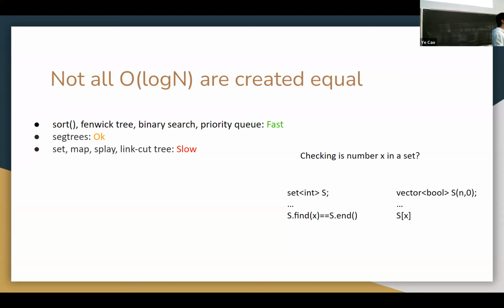So the correct answer is, if x is really sparse, right? There are only a few x, but it spreads over a very large range, use the first approach. But if x are, quote unquote, dense, like there are approximately the same number of x's as the range of x, use the second approach. The first approach will give you O(log n) per query, and the second one will just give you O(1) per query. So something you should have in mind.